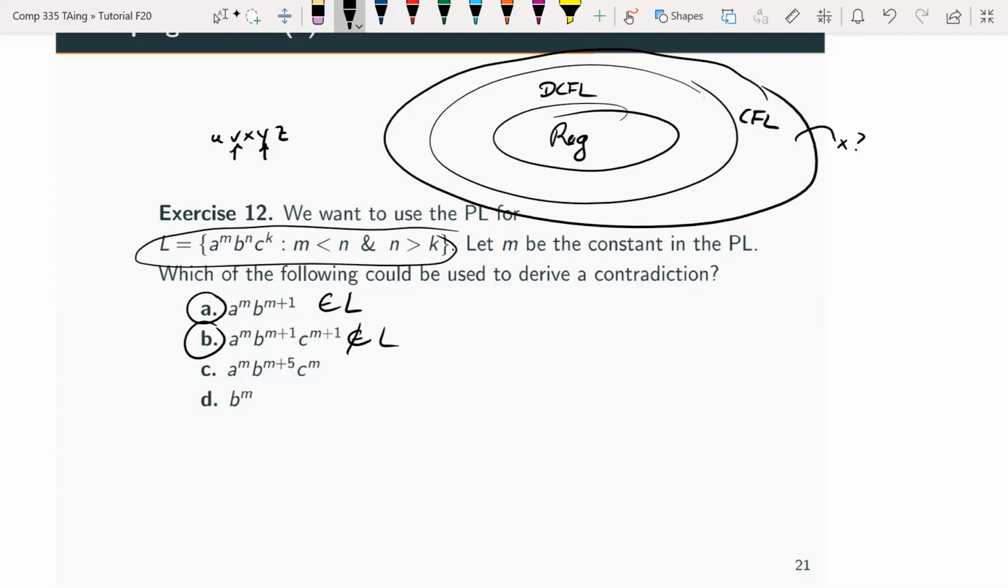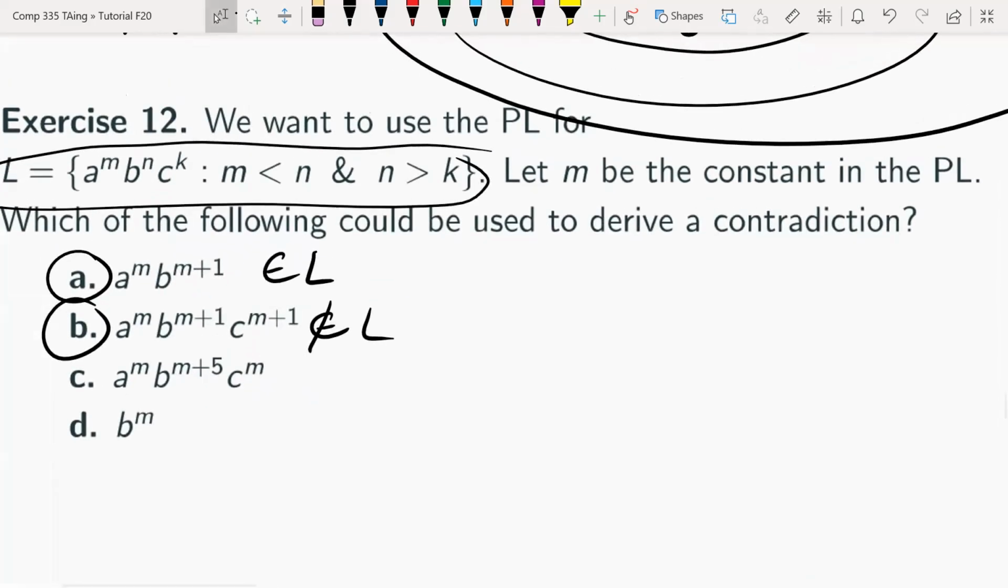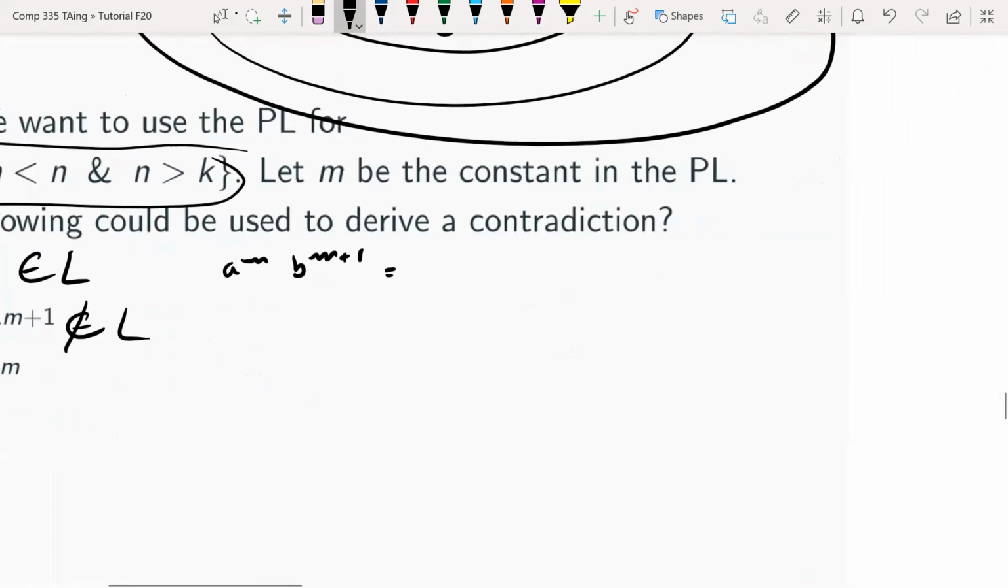Yeah, I'll answer that question in a second. But for A, if you decompose it into certain cases, you're going to get cases where it's impossible to get a contradiction. So hopefully everyone can follow me here, because this is going to require a bit more concentration. So if you have A^M B^(M+1),